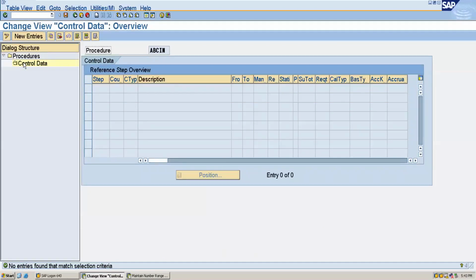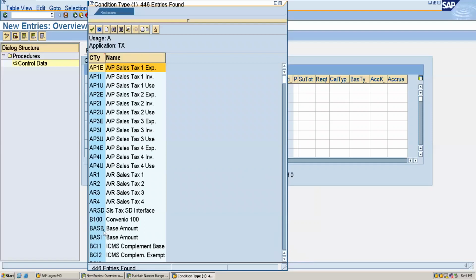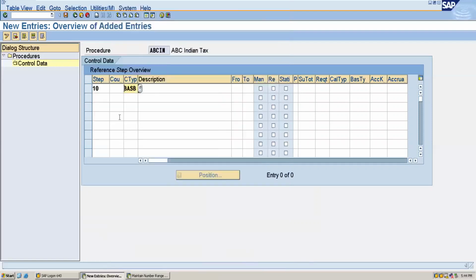So here I will give the condition types and account keys. Okay, for that, go to new entry. So first I will be selecting the base amount, on the basis of which the calculation will be done. So to give the condition type, which is BASB for the base amount. Okay, I will enter, and then I will give the